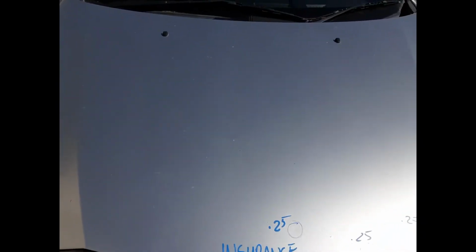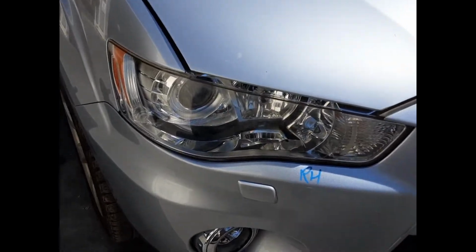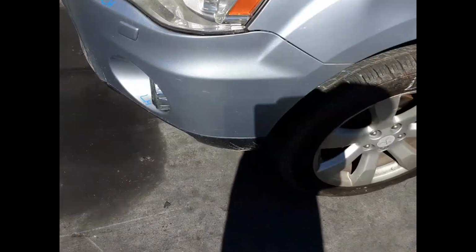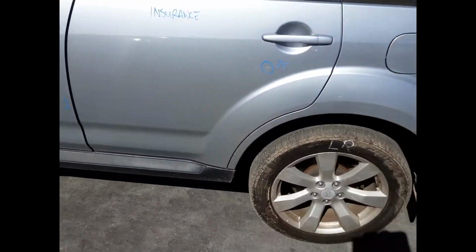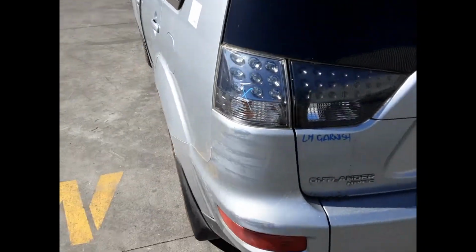We have the bonnet, which has 3 small dents, tidy front bumper cover, radiator grille, right hand Xenon headlight, left hand fog light, right hand fog light, left hand fog light, left hand Xenon headlight, left front 18-inch factory alloy mag with a good tyre, left power door mirror, left front door has 1 small dent, left rear door has 1 small dent, left rear 18-inch factory alloy mag with a good tyre, left tailgate garnish, upper tailgate appears to